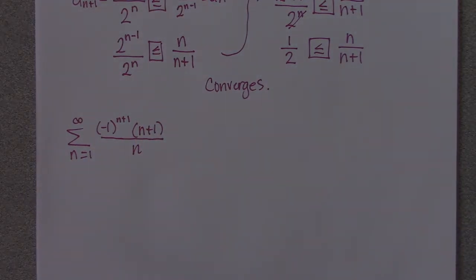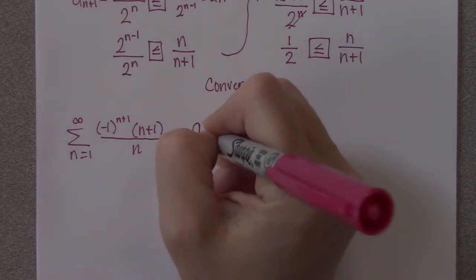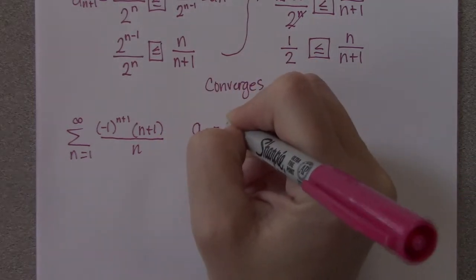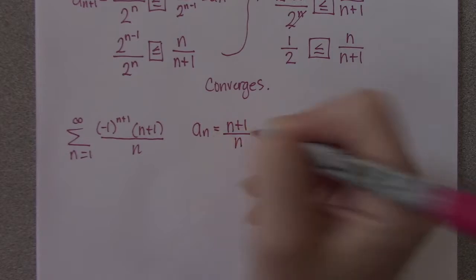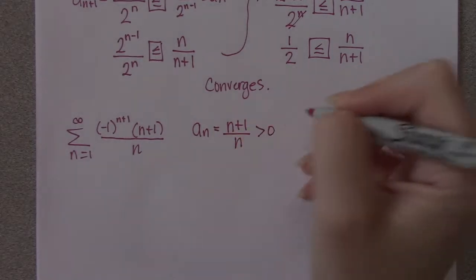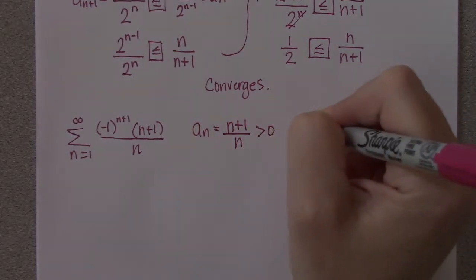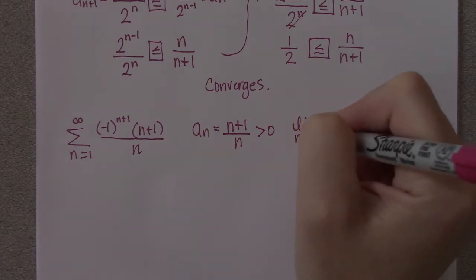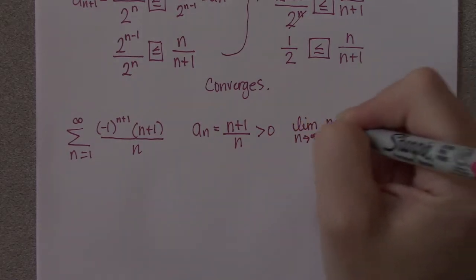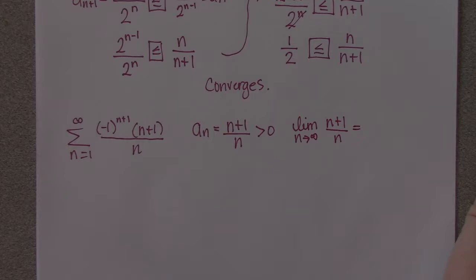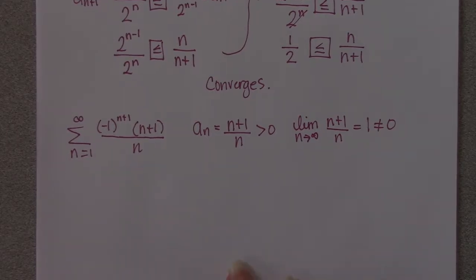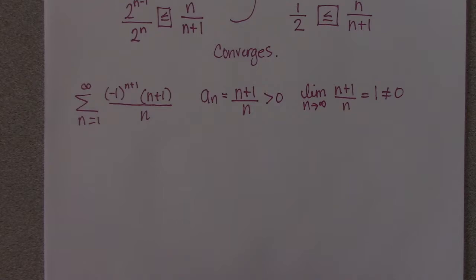So this is definitely an alternating series. Our a sub n term is n plus 1 over n. Those will be positive. But when we calculate the limit of n plus 1 over n, what do we get? 1. Not 0. It fails the first condition. Furthermore, if we check the second condition,